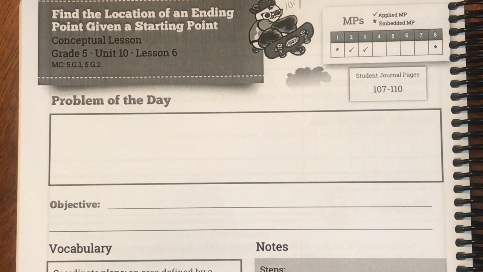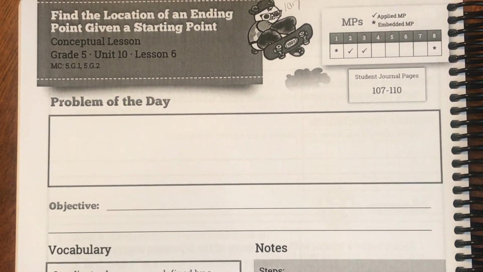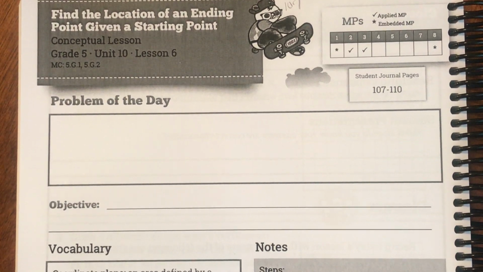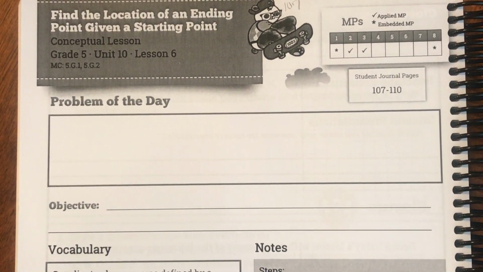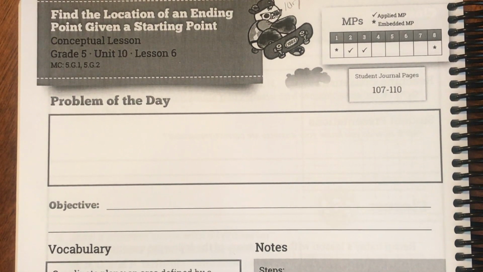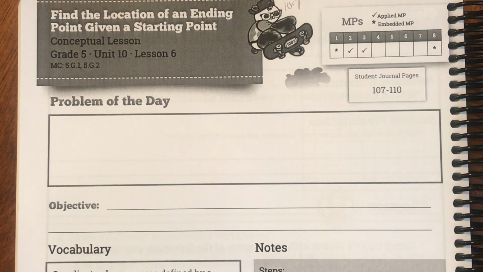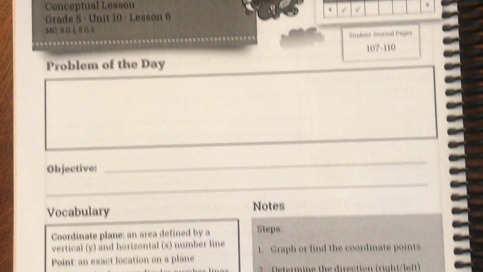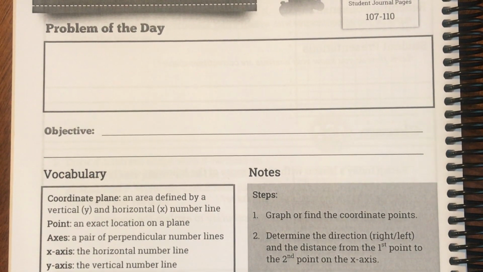Good morning, fifth graders. Today we are on page 107 of your student journal, page 107, and we are in lesson 6. Okay, so our objective for the day is,